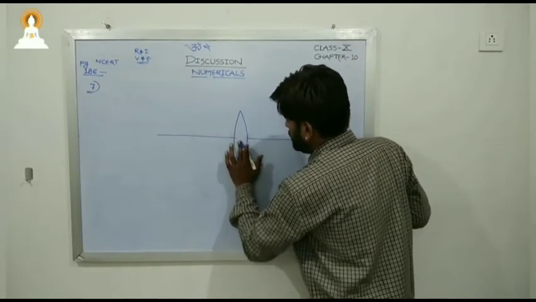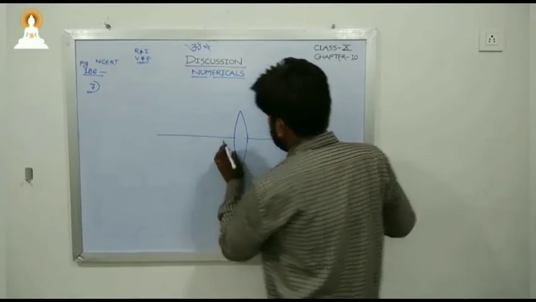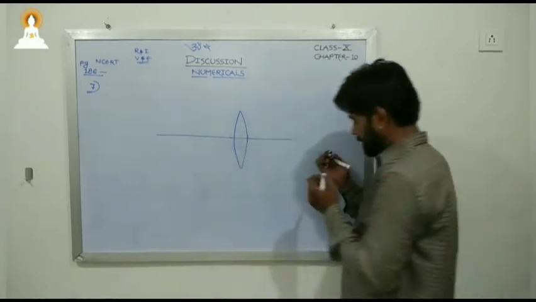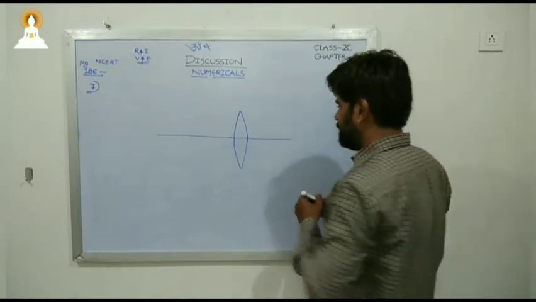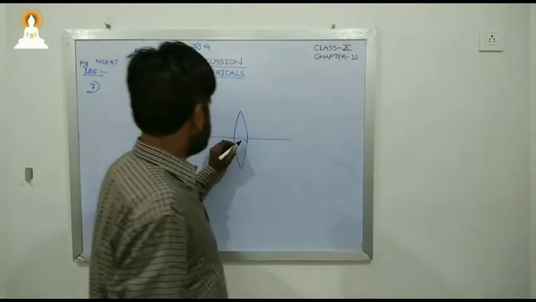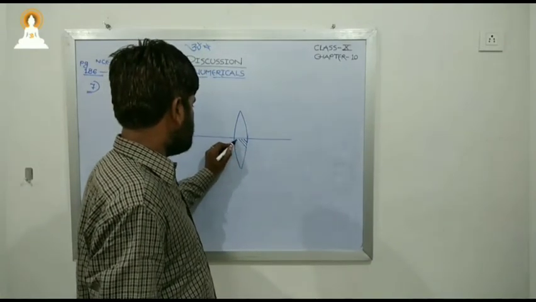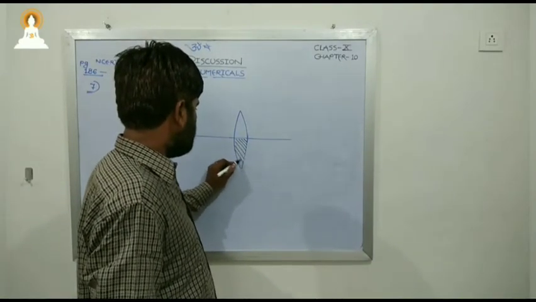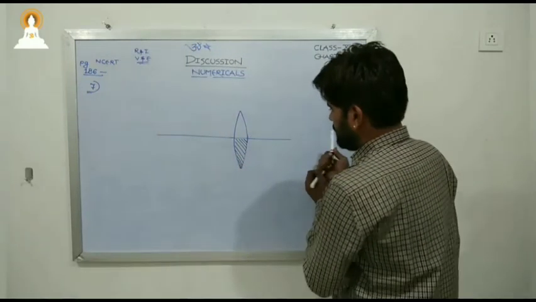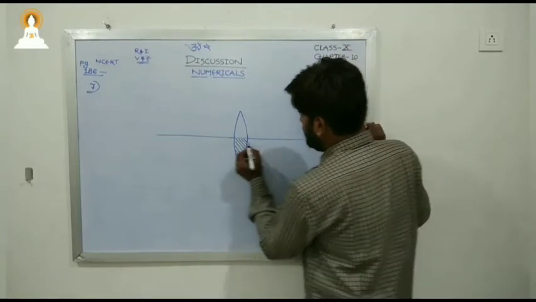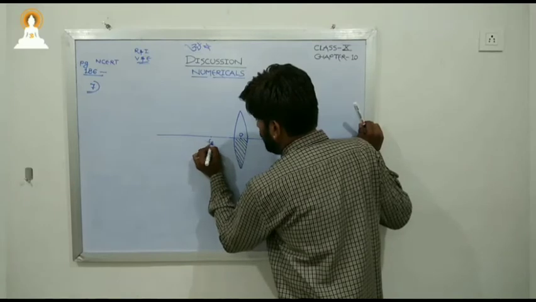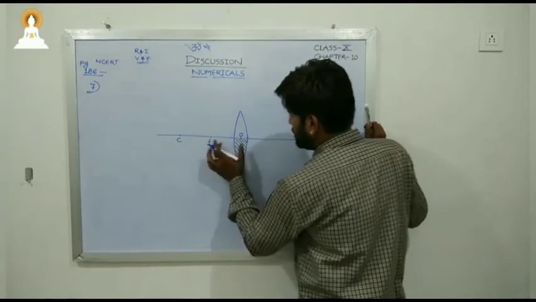Okay. So this is nothing but a convex lens, in which they have given that half part, any of the half part. Let us do it with this. Say the below half is covered with a black paper. Now let us complete the measurements. This is optical center, this is focus, this is center of curvature.